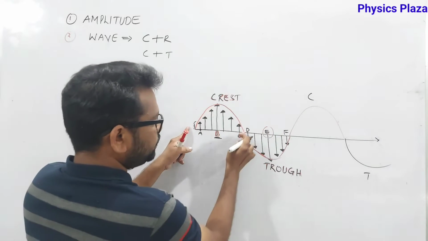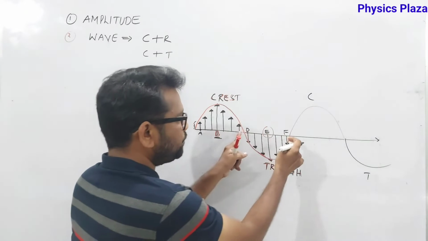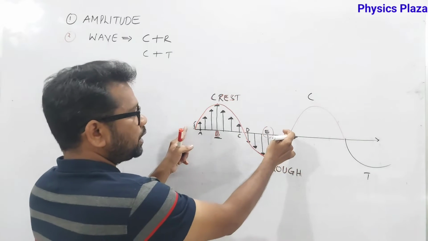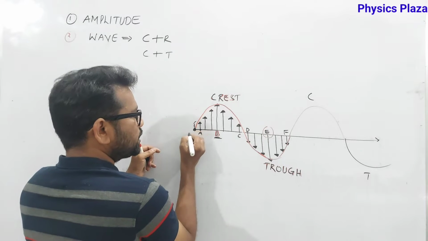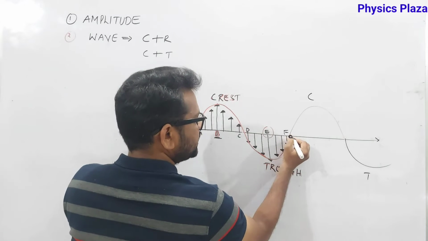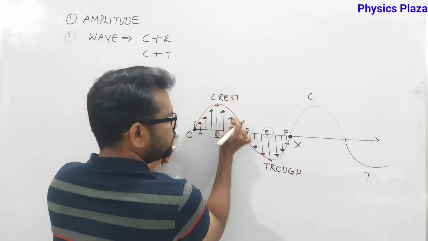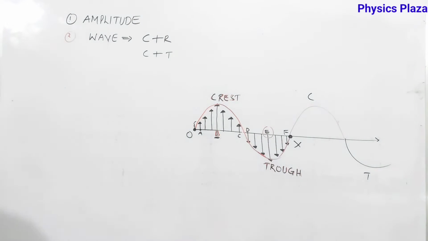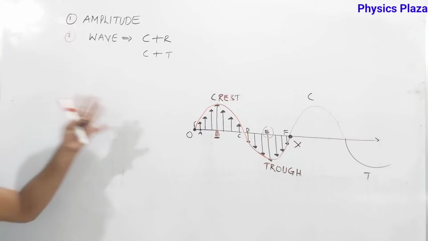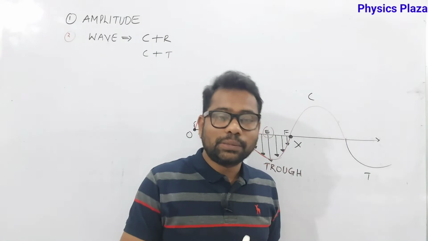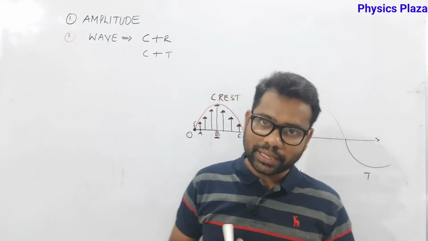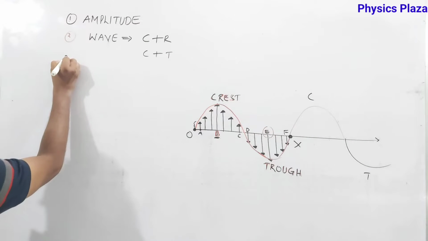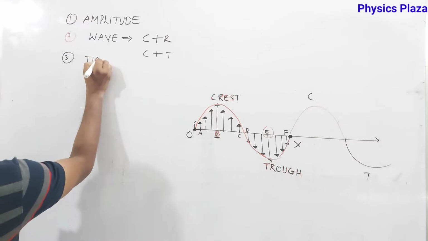So here to here, half wave. Again from here to here, one more half wave. So from, children, let us say it's like a 0, let us take it some x, from here to here we can call it one wave. So in terms of longitudinal wave, children, one compression plus one rarefaction will give you one wave. Whereas in terms of transverse wave, one crest plus one trough will give one wave. Clear? Fine. So next here, time period, children, very important. Time period.